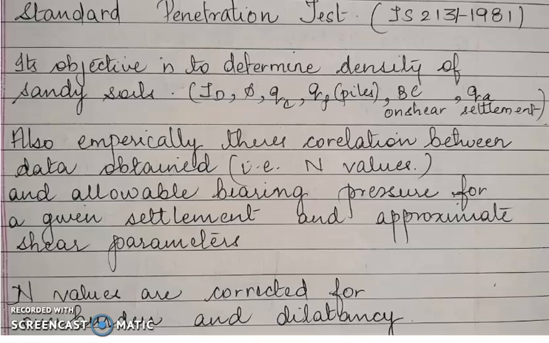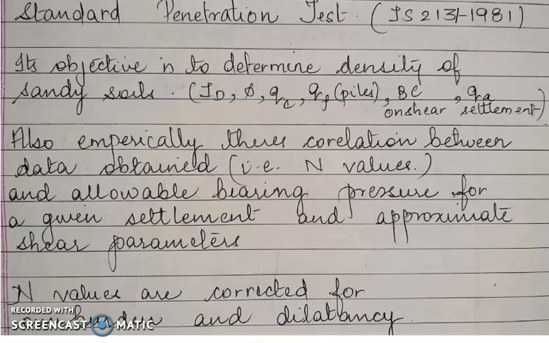The number of blows that you need to apply for the initial 15 centimeters are not counted. Beyond that, when the sampler starts moving inside the soil, you start counting the blows. You count until a further 30 centimeters penetrates the soil, or up to 50 blows, whichever reaches first. So if it moves by 30 centimeters, you count the number of blows. If it is not moving by 30 centimeters, however many blows you apply, you count the number of blows up to 50. That is called refusal.